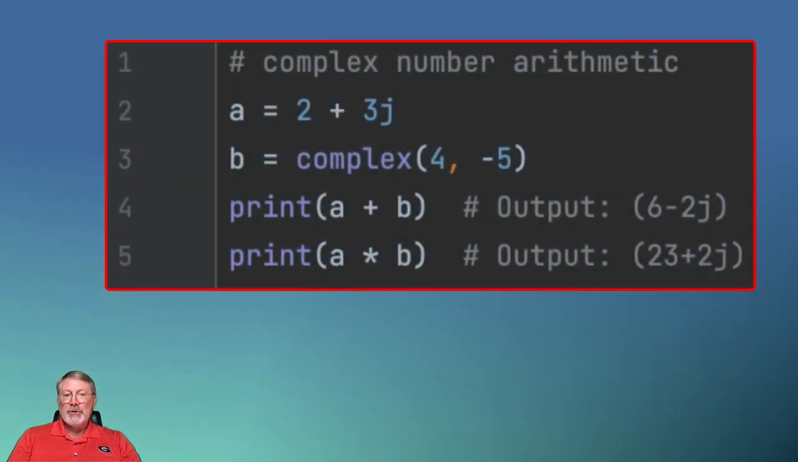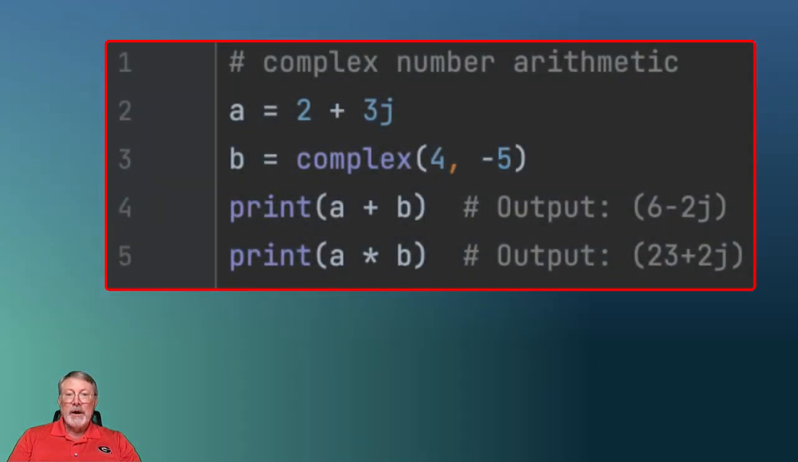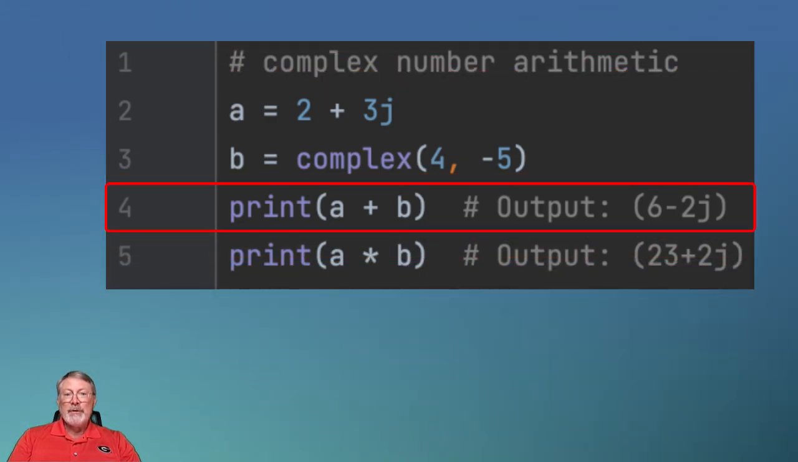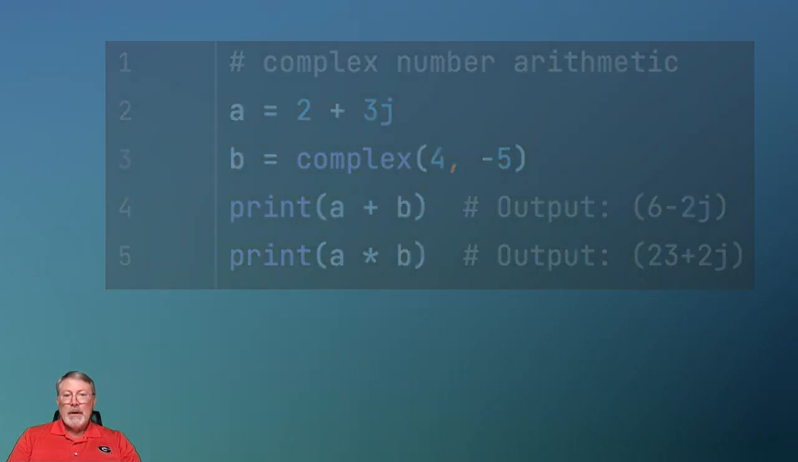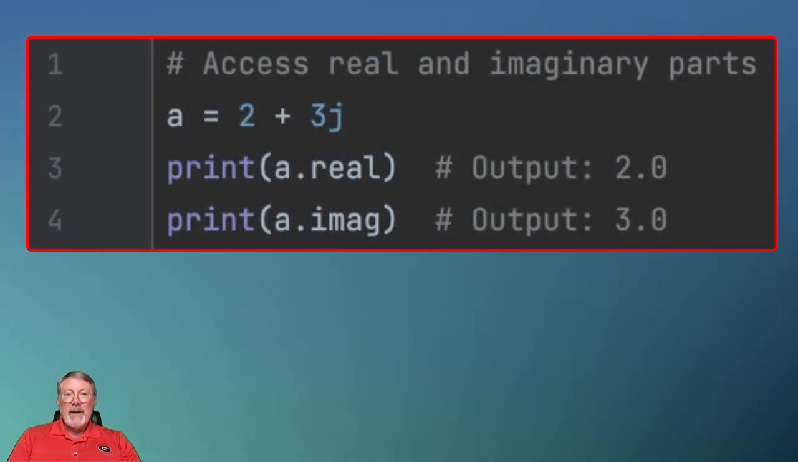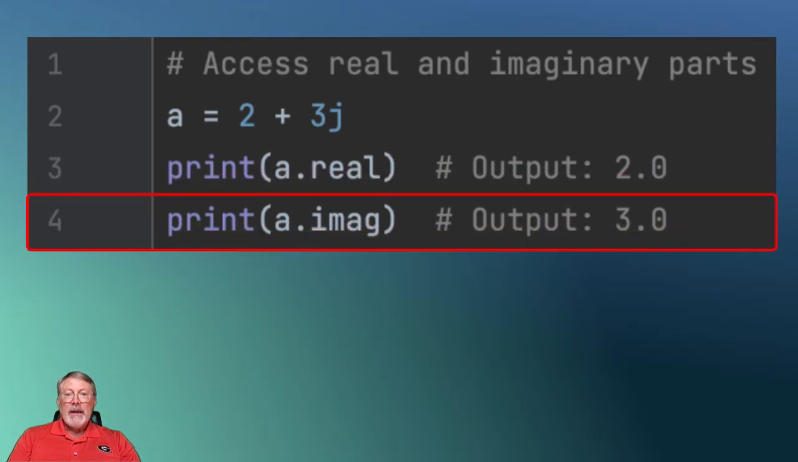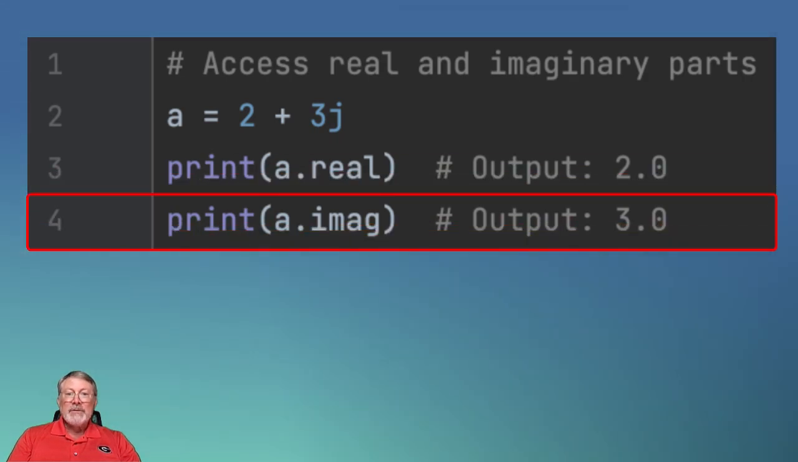We can also do arithmetic on our complex numbers. Note here how we show this using addition and then multiplication. You can access directly the real and the imaginary parts. Use .real to get at the real portion of the complex number, and use .imag to get to the coefficient